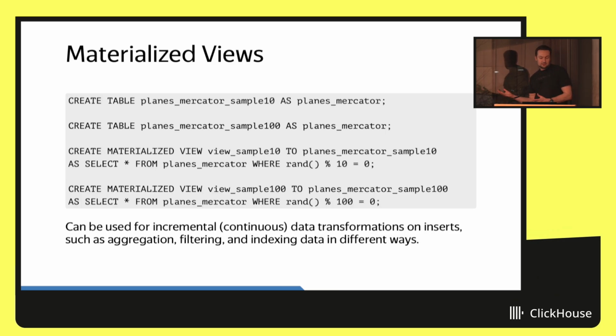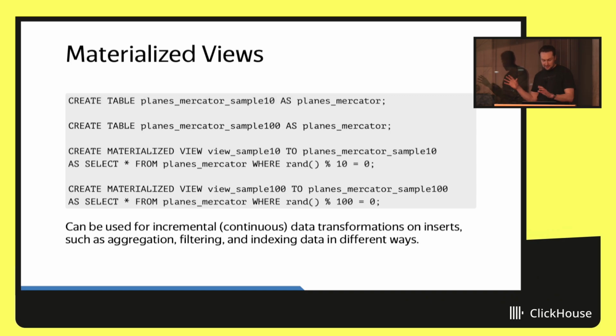Okay, another component, materialized views. For this particular demo, I created not just a single table, but three tables. One table contains all the data. Another table, named sample10, contains just a random one-tenth of the data, and sample100 will contain a random 1% of the data.